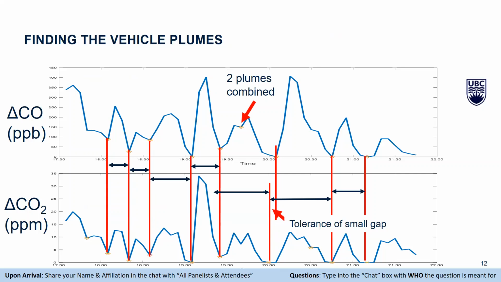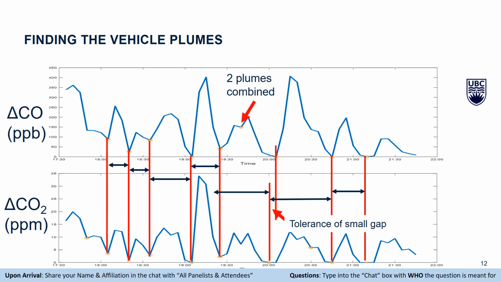This is just 2 plots. One is delta CO on the top and delta CO2 on the bottom. And Bingshi here has added some red lines to guide your eye to this idea of matching plumes. So there have to be matched CO and CO2 plumes. And within his algorithm, he had some ability to combine 2 plumes if they were mashed together. And also, here's an example of tolerance of a small gap in terms of the start and the end